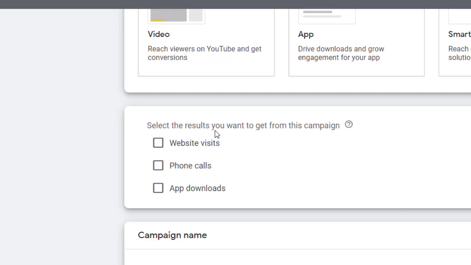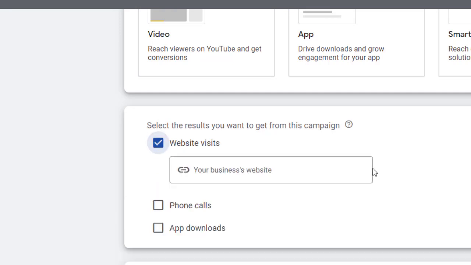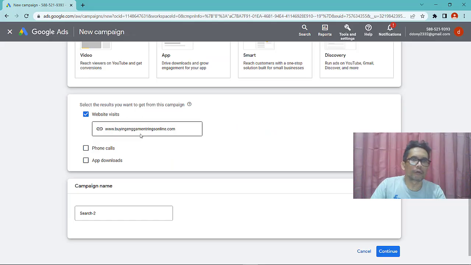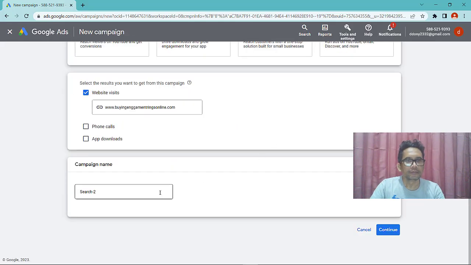Okay, select the result you want to get from this campaign. I will choose website visits. So you can choose your website and type in your website link here.